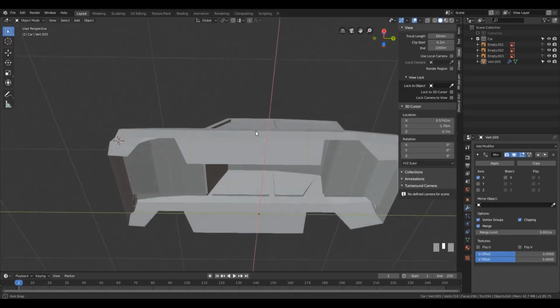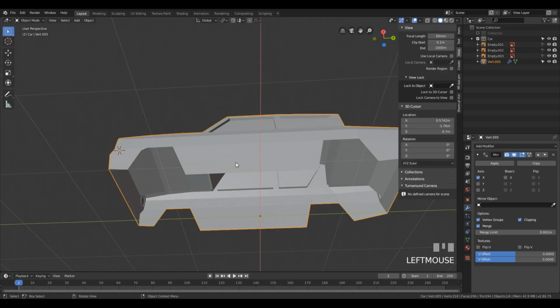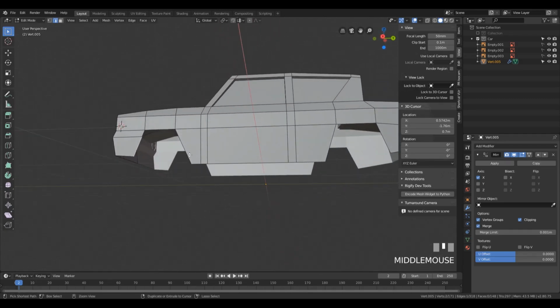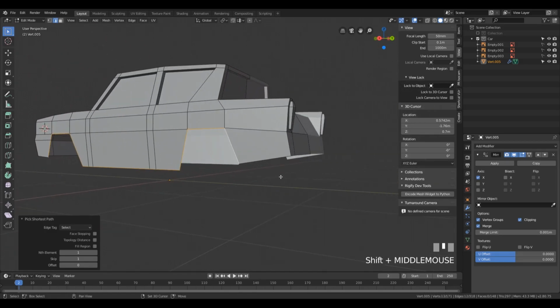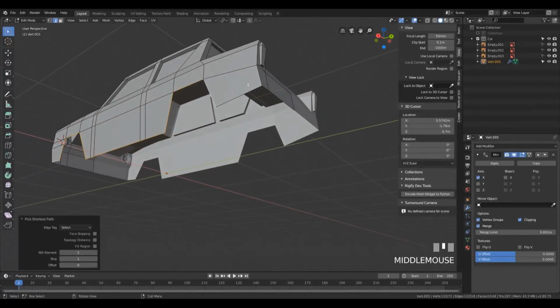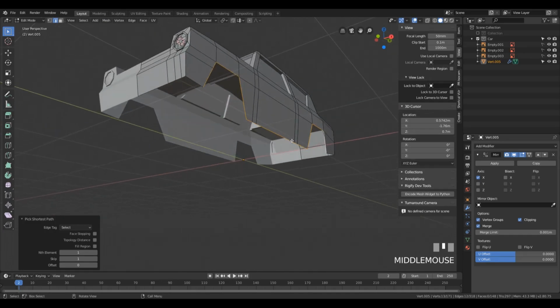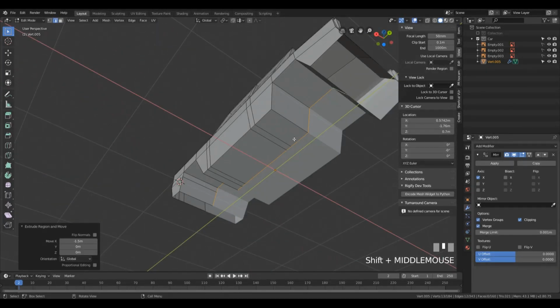And one more thing, we can close this up from the bottom. And again, there's a very easy way to do that. You can just start with an edge here, and by holding Control you can add to the selection and just leave the last one here open, and here press E and extrude on the X. And right now you can just make a loop cut here in the middle